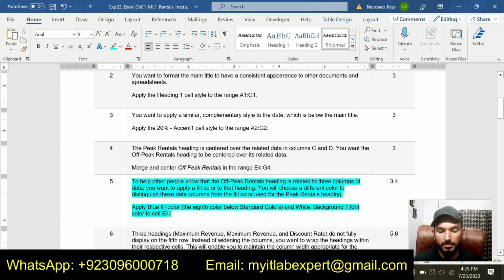So next step is step number 5. To help other people know that the off-peak rental heading is related to 3 columns of the data, you want to apply a fill color to that heading. You will choose a different color to distinguish these data columns from the fill color used for the peak rental